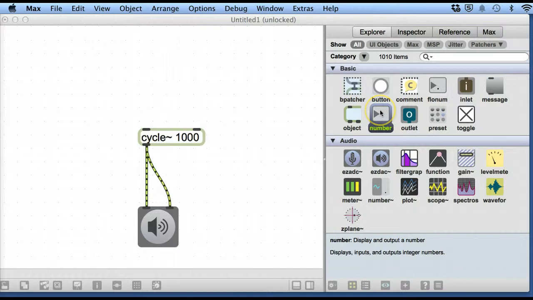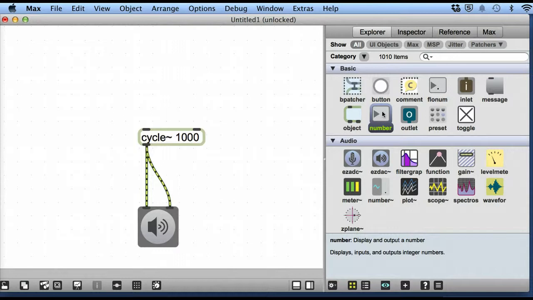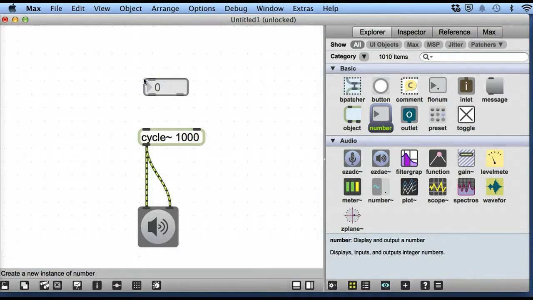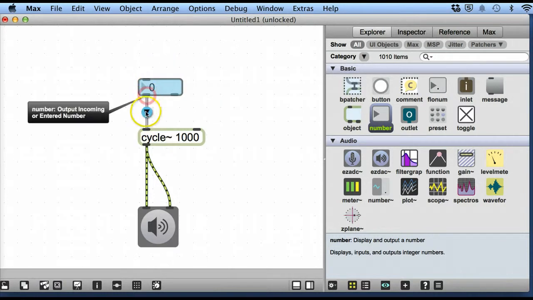Another way of sending a message to an object is through this number object, which is right at the top. So if we do that and drag it across, and then move it so it's connected to our input, and then if we